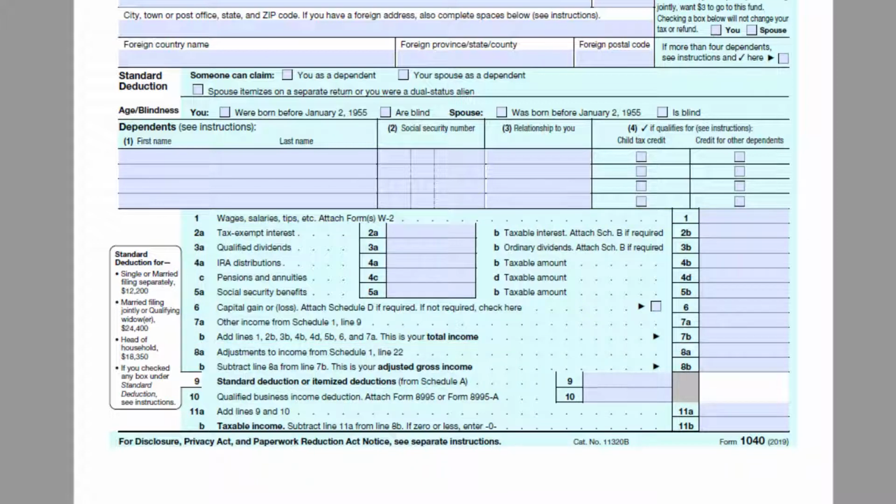Line 2A is tax-exempt interest, such as municipal bond. These do not get taxed. Interest that's taxed will be reported on line 2B. Line 3A is qualified dividends. 3B is ordinary dividend. Students often get 3A and 3B confused and mixed up, so this is your caution to